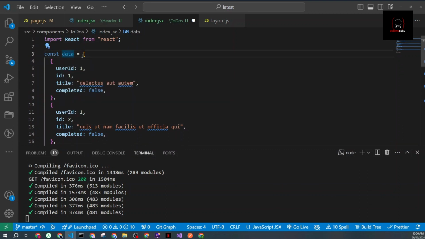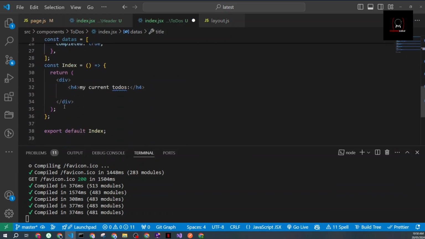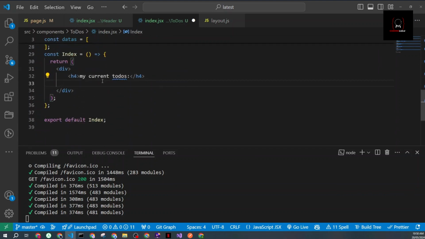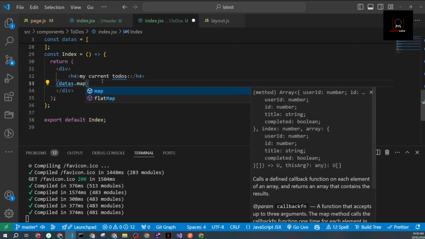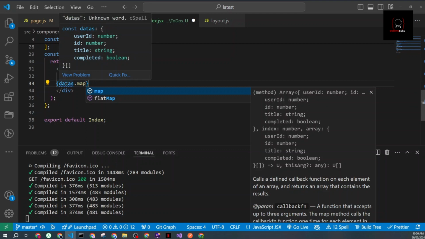And then now what we have to do is map through our array of data, okay? So we have to map through this array, and whenever we are on an element, I want to display this title in my UI, okay? The way we can do that is very simple and easy. First, you start with your curly bracket to access your variables in React, okay? I'll say data. Then I'll use something called map, which is a function, and it's not specific to React. It is a JavaScript function, okay? Which helps you map through your array of elements and access each and every element in it,